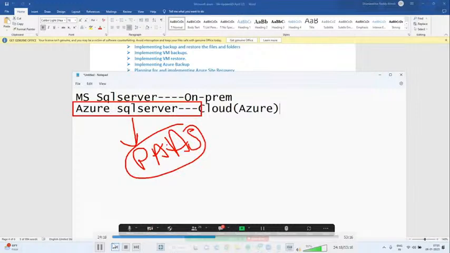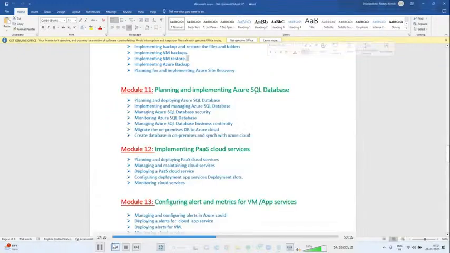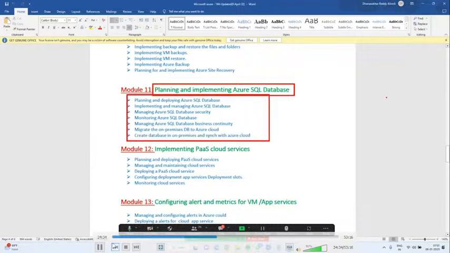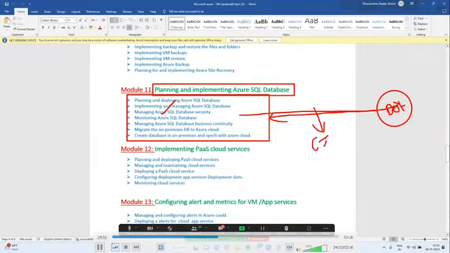You can directly go ahead and create the stored procedures, tables, synonyms, and consume it for your application. How to create an Azure SQL Server database in Azure, how to create the tables, and how to establish the connection from App Service to the database, all that we will see in module 11. For example, a .NET application may require communicating with a database. How can you communicate? How to pull the data from SQL Server to the .NET application, I will write the C# code and show you in module 11.